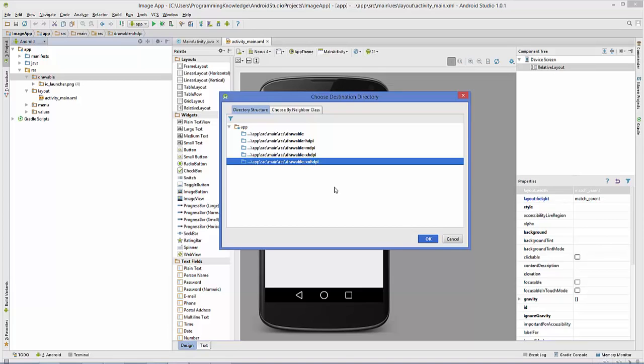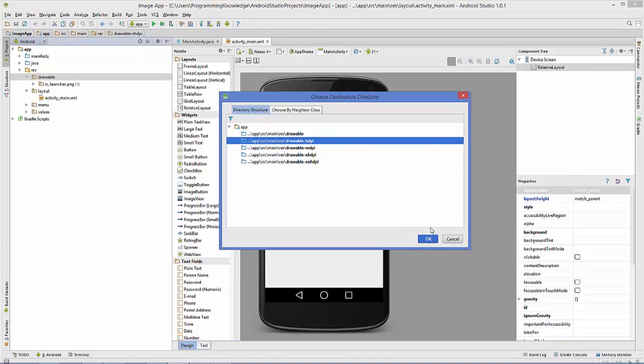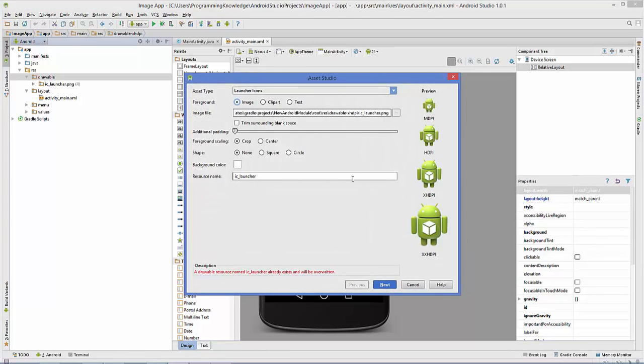So I'm just going to click OK. Just choose one of them. It doesn't matter which one you choose, because whatever image you choose, it will be converted into all these formats, right? So just click OK, and in here you will see there is a default PNG file already